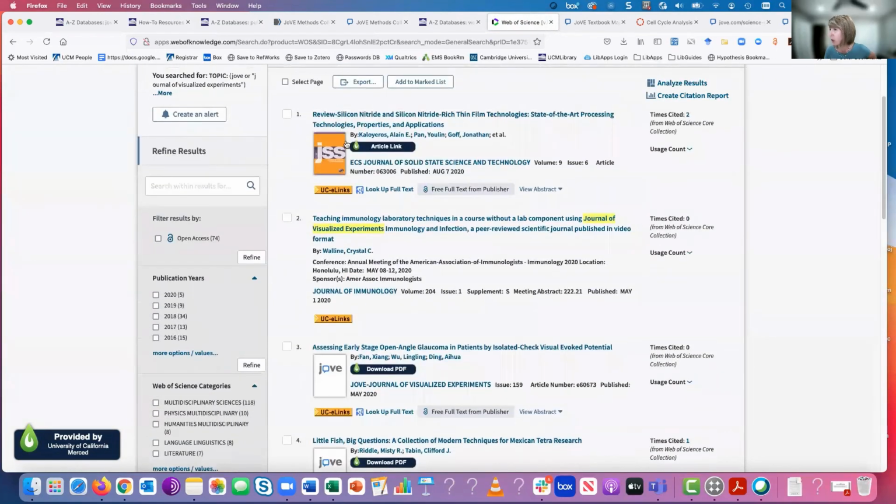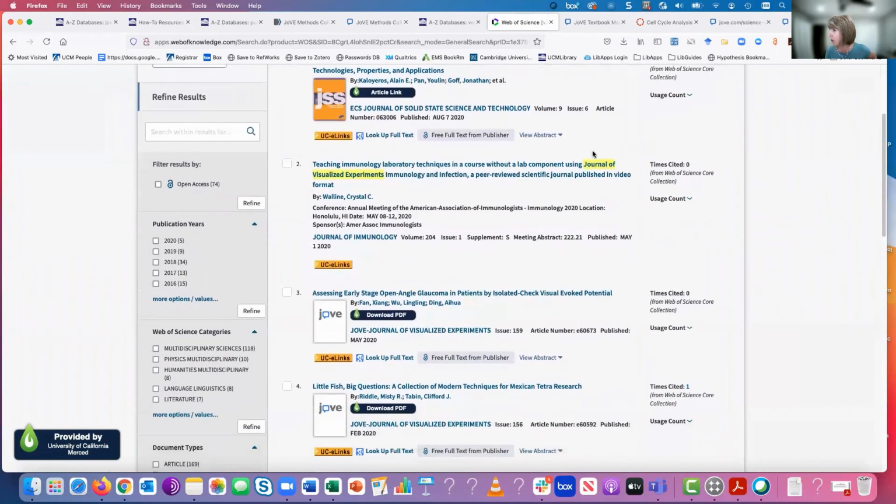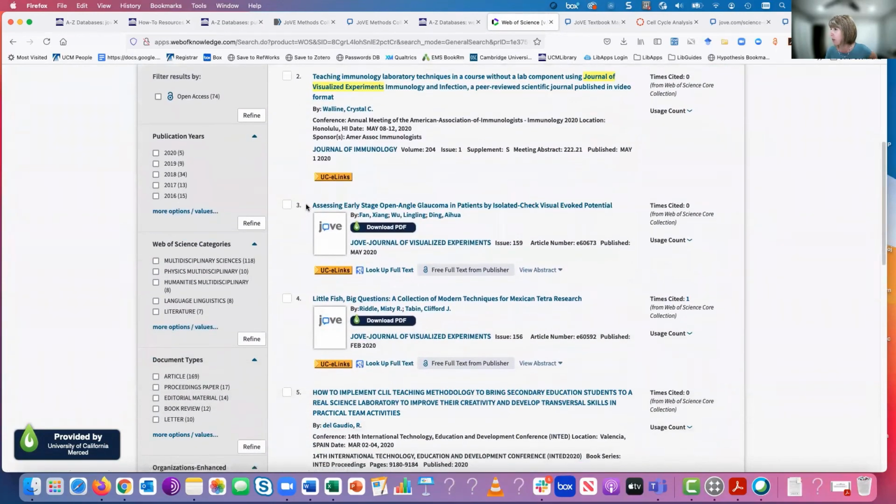So because I'm not just searching publication, I'm getting a little bit more than that, but you can see with number 3, for instance, it has this JoVE thumbnail and it's coming out of Journal of Visualized Experiments. And I think what is happening with my initial search is it wants us very specifically in this database as